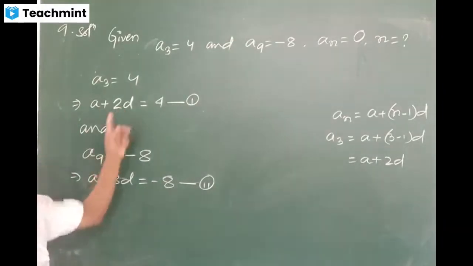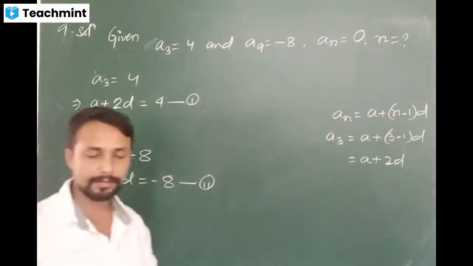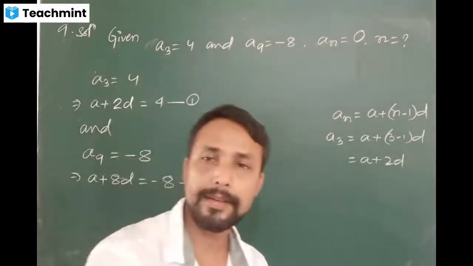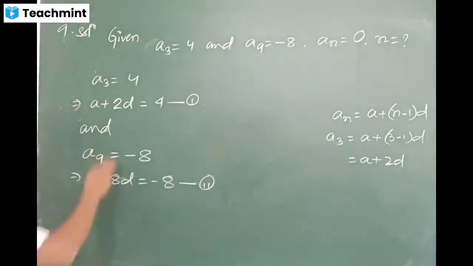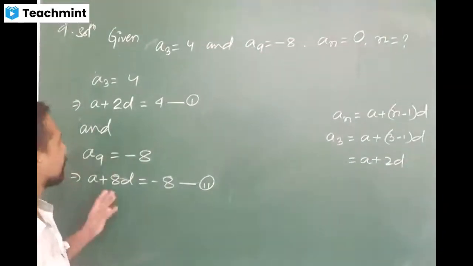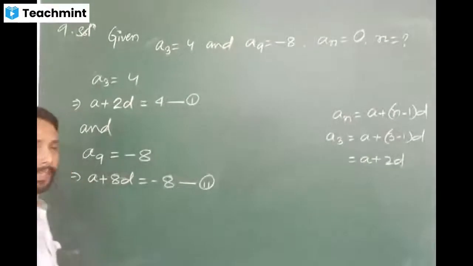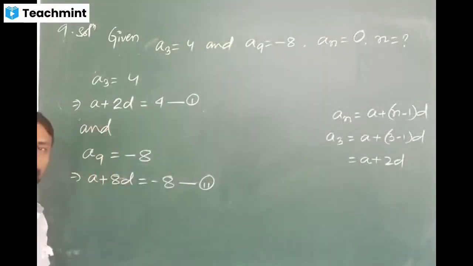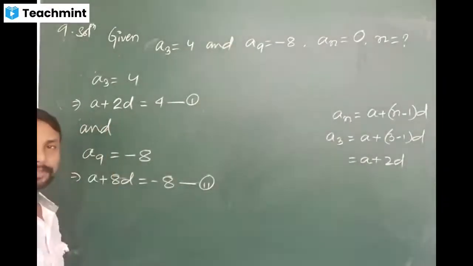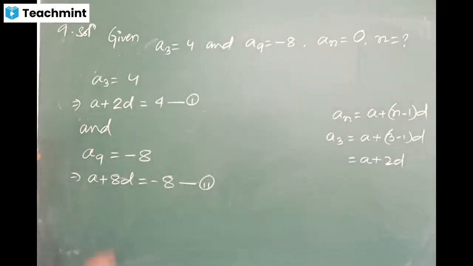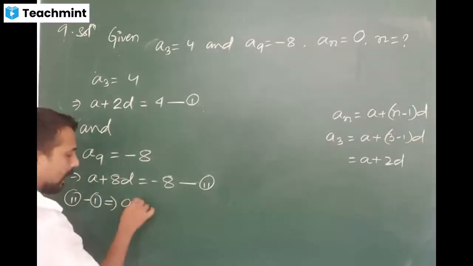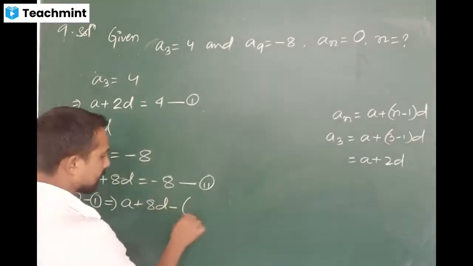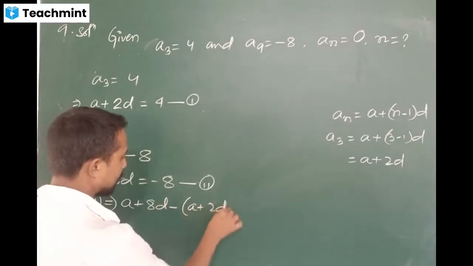Now, these two equations we can solve by the elimination method, eliminating any one term, either A or D. And here, A is better to eliminate because they are single terms, no values are there. So equation 2 minus 1: A plus 8D minus A plus 2D